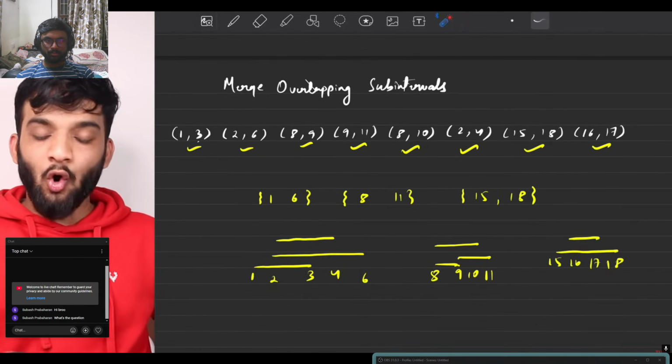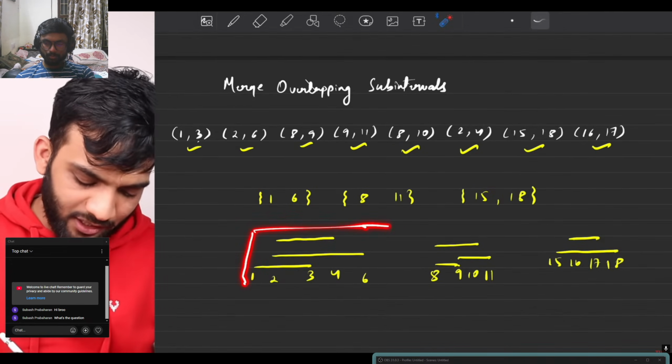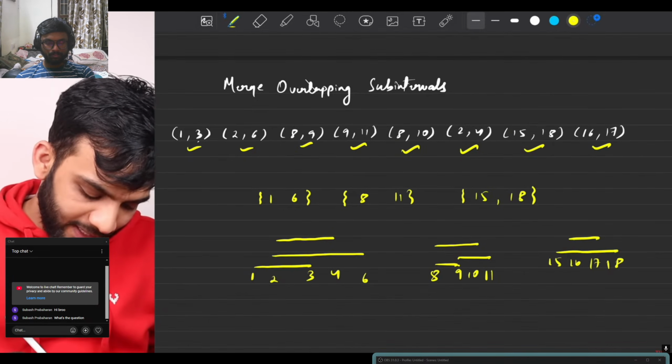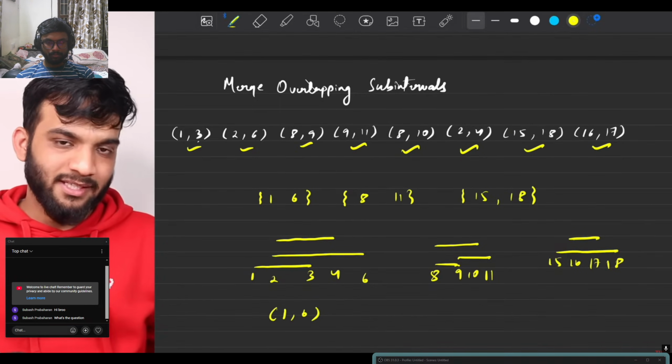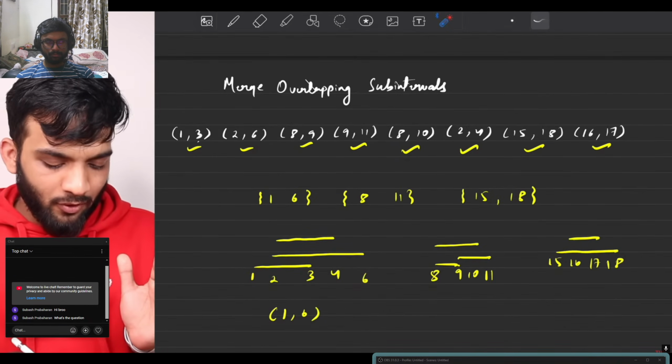So I've drawn all the intervals. If you see, all three of these intervals can actually be written as one and can be written as 1 comma 6, because if you take 1 and 6, you will be able to have all the